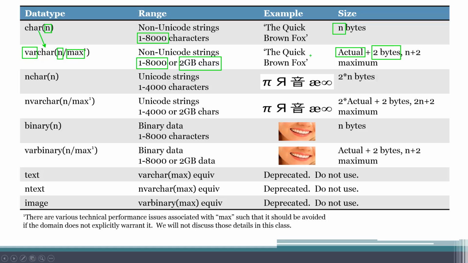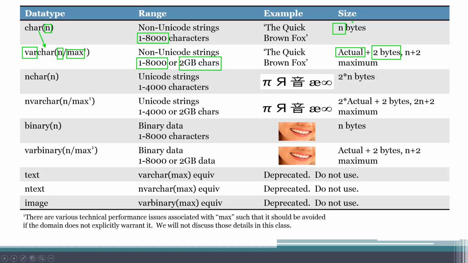When then would you use a char instead of a varchar, or a varchar instead of a char? How do you determine which one you want to use? They both store strings. The only difference is the way they store, or the size of the space that they store. Well, if you're looking solely from a size perspective, it becomes fairly easy because you look at it and say,